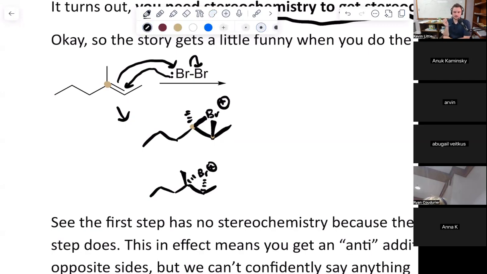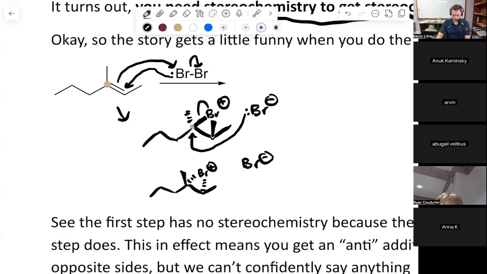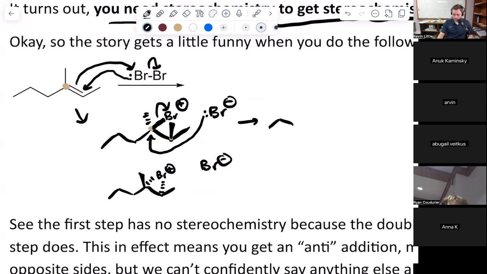But this is where it gets kind of interesting. The second step actually resembles something else we've seen. What does that look like? Backside attack. It looks like the backside of attack. It looks like an SN2. We're going from sp3 to sp3. So there is defined stereochemistry in the starting material, which means that the product that comes from it